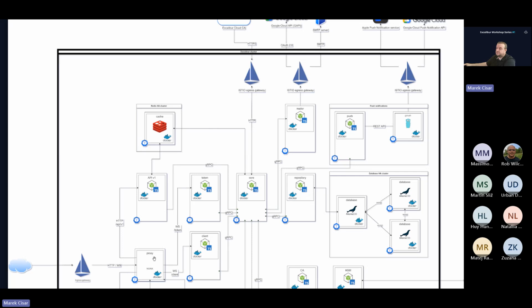So this is forking the traffic into the appropriate downstream microservice.